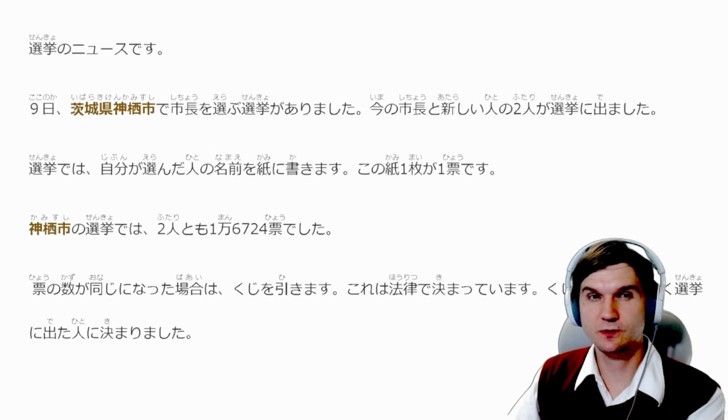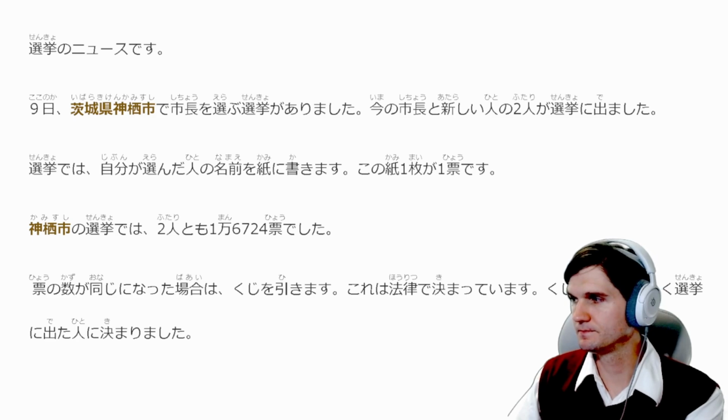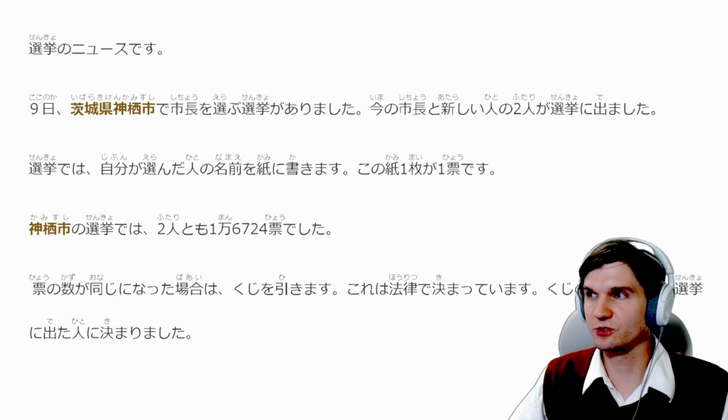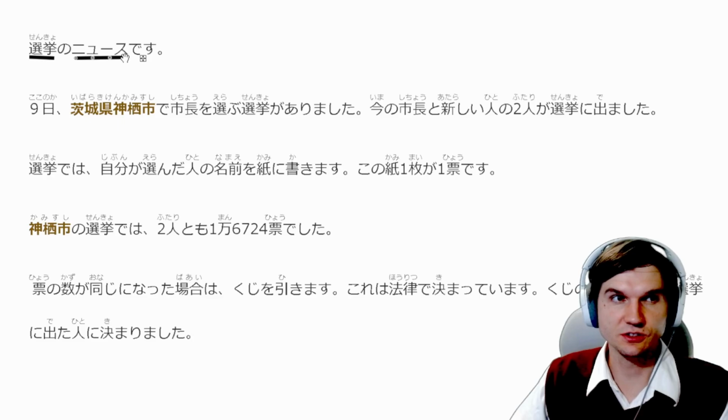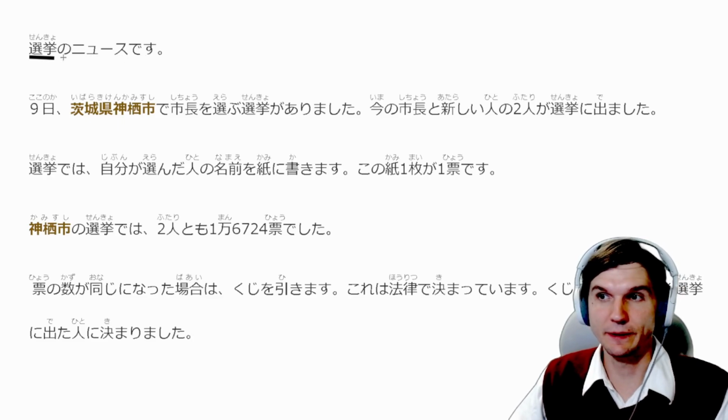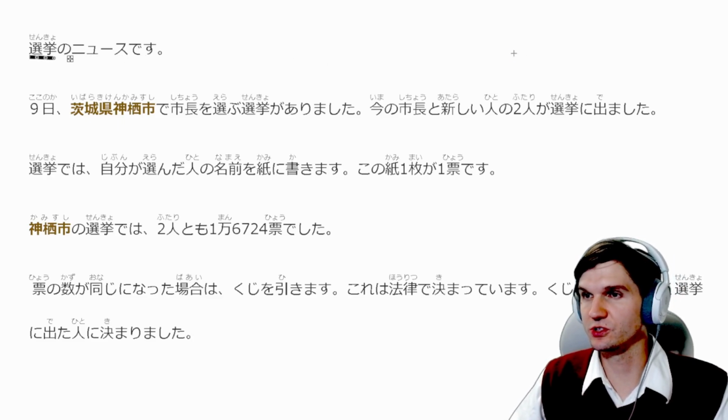Okay, let's jump right into our article. 選挙のニュースです。 Okay, so 選挙のニュースです。 So very simple. We have 選挙, which is the elections, and news, which is news. So this is news about elections. 選挙のニュースです。